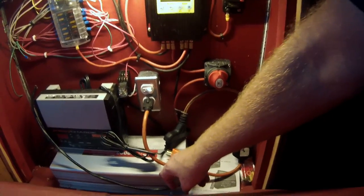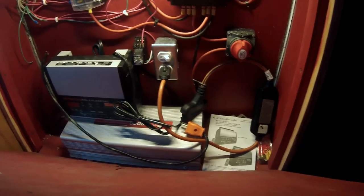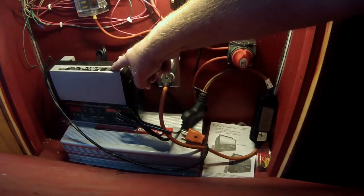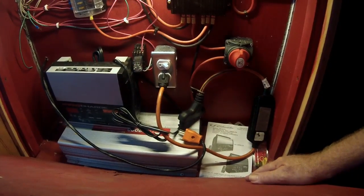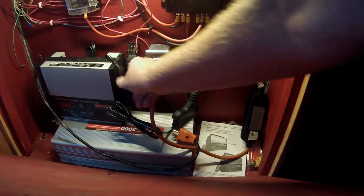I do have a modified sine wave inverter down here. The refrigerator is not liking that. It doesn't really want to work right. So I'm doing something different for a while. Battery charger. If I'm plugged in, the charger can charge the batteries up that way. This little